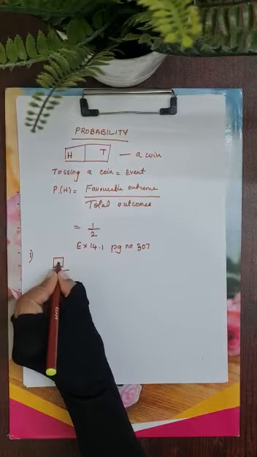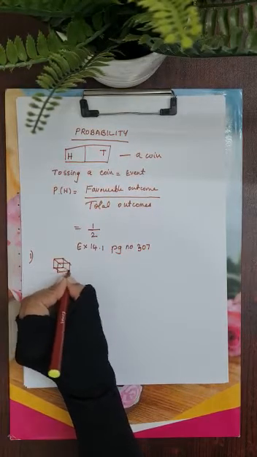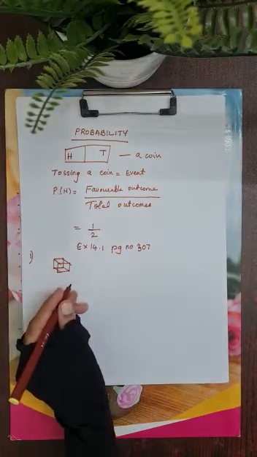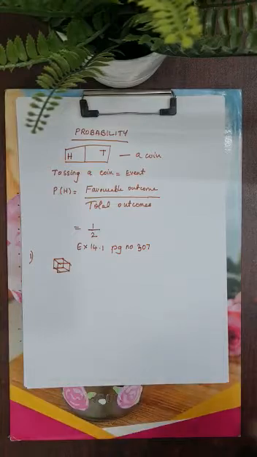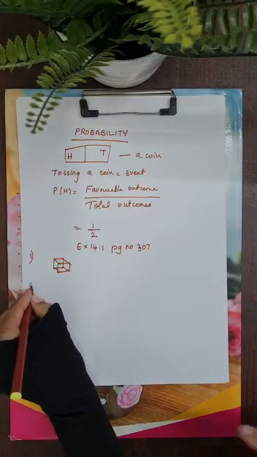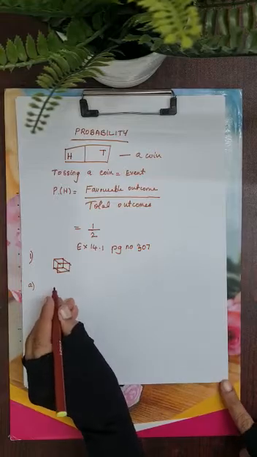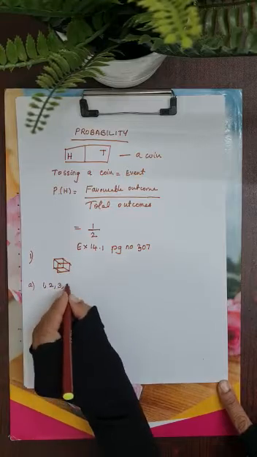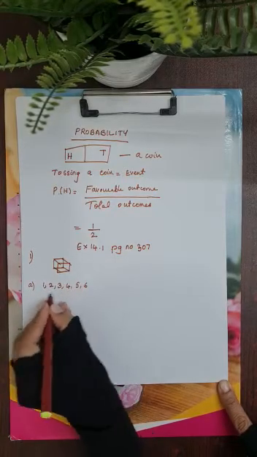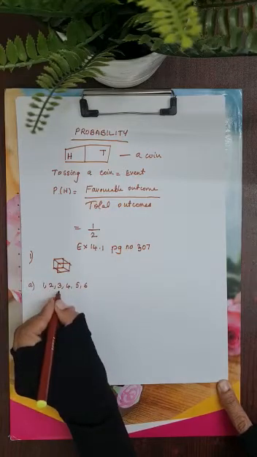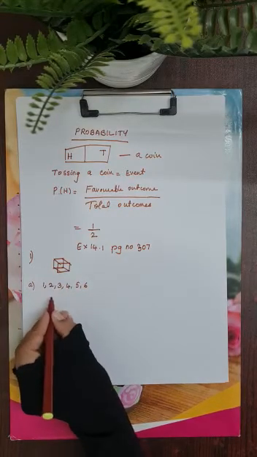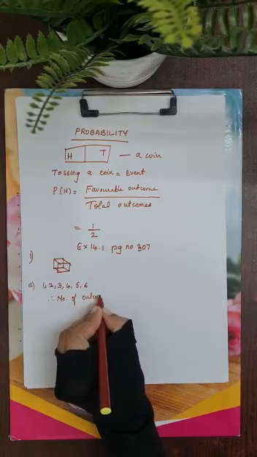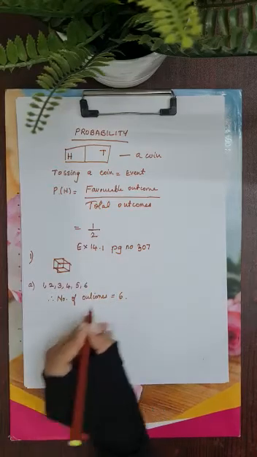Yes, children, it will be cubical in shape, and we have numbers written on it, 1 to 6. So we are going to throw that dice and see what the possible outcomes are. What will be the possible outcomes, children? When we throw a dice, you will get either a 1 or 2 or 3 or 4 or 5 or 6. These are the possible outcomes when you throw a dice. So therefore, number of outcomes is equal to 6.